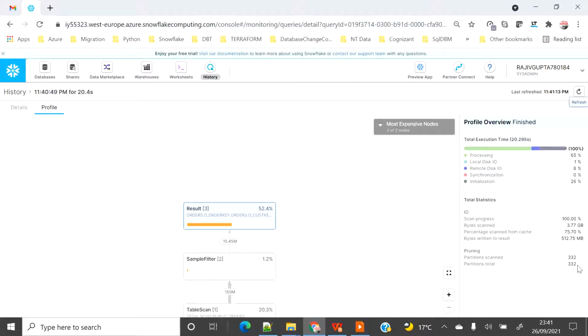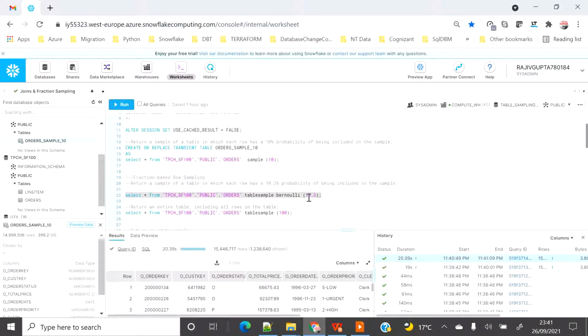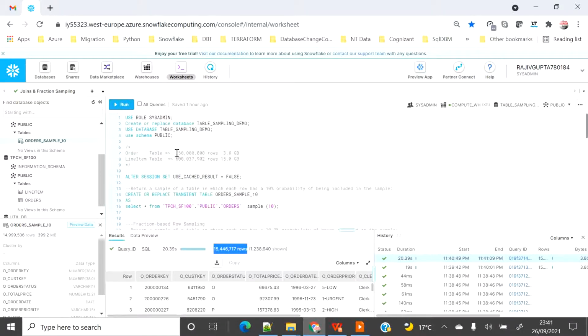We will see that the total partitions were 332 and partitions scanned were 332, because we use row-based sampling, so it scanned row by row for each partition. The data set is very small, so it is approximately 10.3% of the total number of rows in the table.